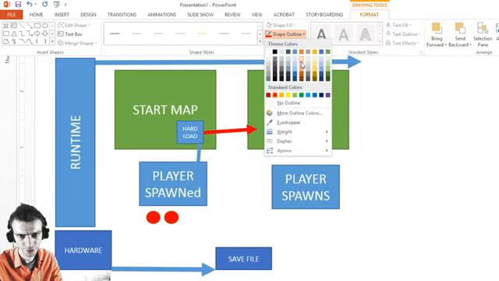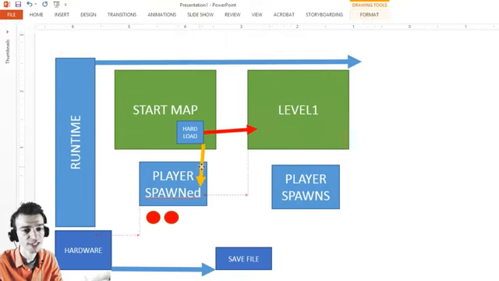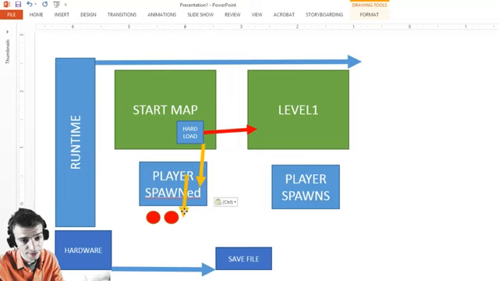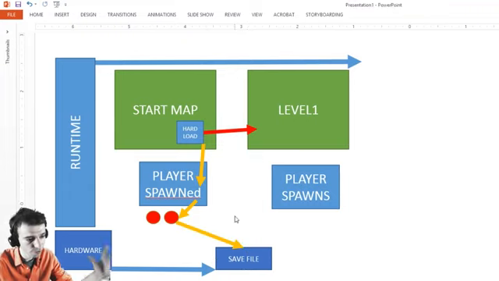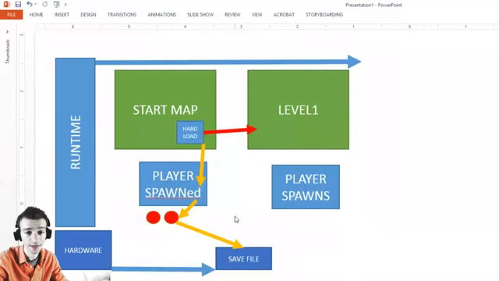Orange, nice. So first I check the player spawn. Then I check how many of these health potions does he have. Then I put them in a save file, like literally a save file on our hard drive, right? And then